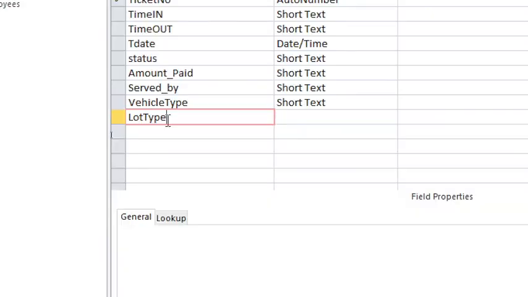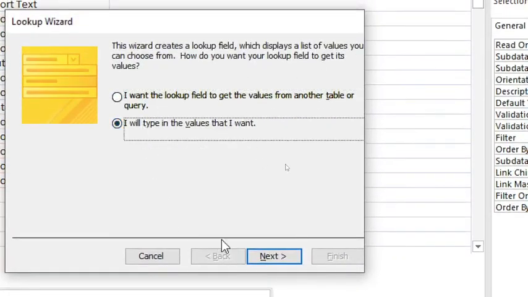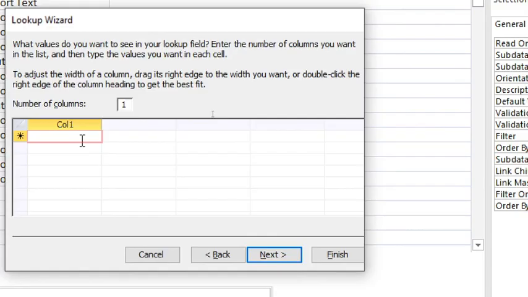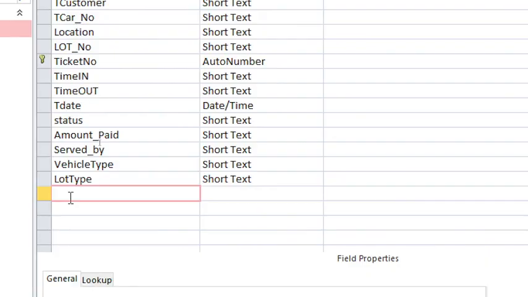Now when we go to route type, we go to lookup wizard. Down to here, lookup wizard. We go to option number 2 next. We type here. Therefore we have angled. We have double parking. We have parallel. We have perpendicular parking. Then finish. Then from there we go to size,